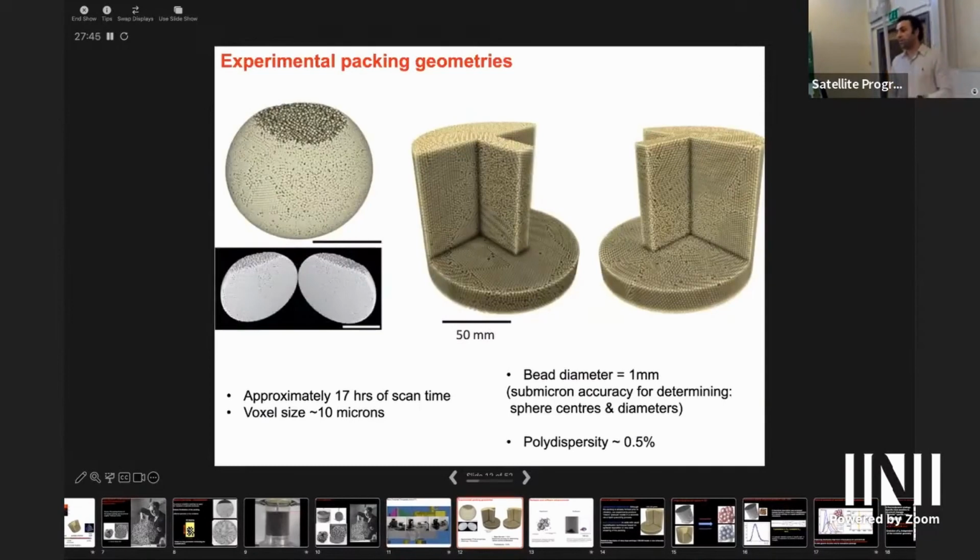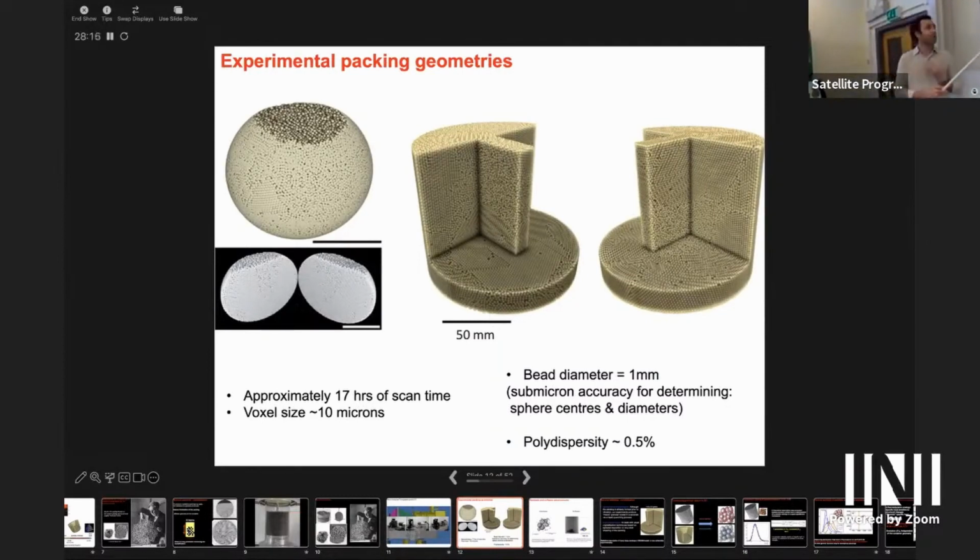So what comes out from scanning this packing is our tomographic images. Okay, so you basically can do whatever you want with this digitized version of your packing, and you can peer right through them. And this is a slightly time-consuming process. So the scan times are usually around 17 hours, more or less, give or take 3 hours maybe, and the